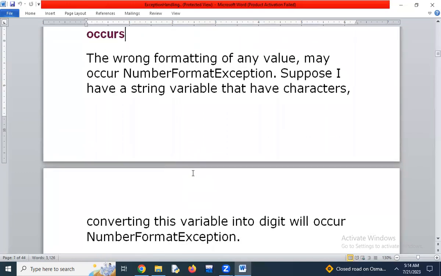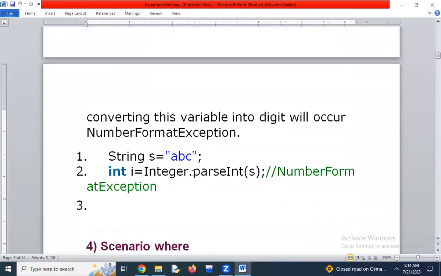Number format exception. Generally, we convert string type data to other data types. If I have a particular string declared, for example string s is equal to "abc", and I try to convert that into an integer value, it's not possible.